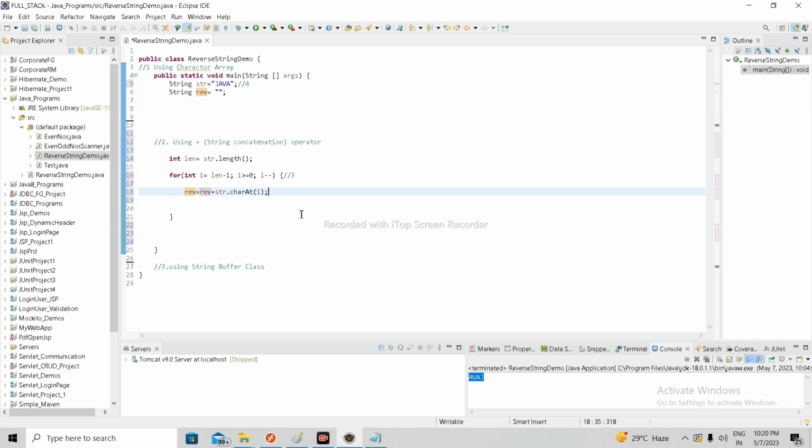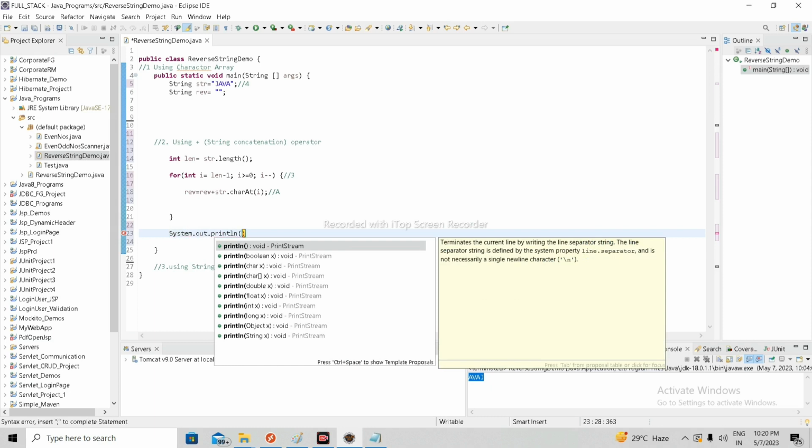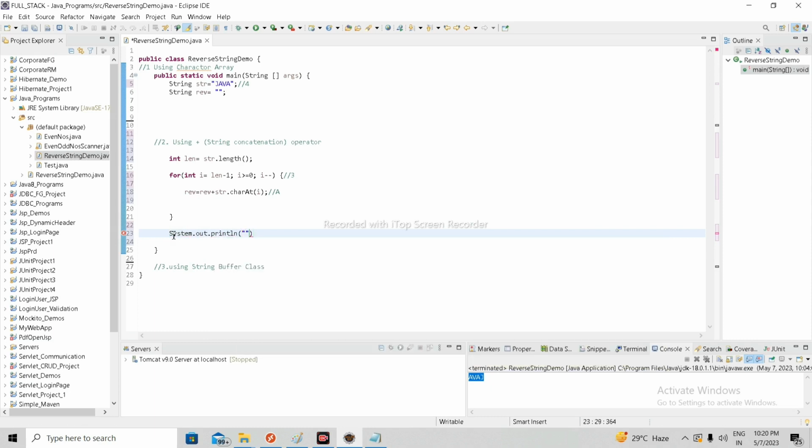Then I use System.out.println, printing the reverse string.